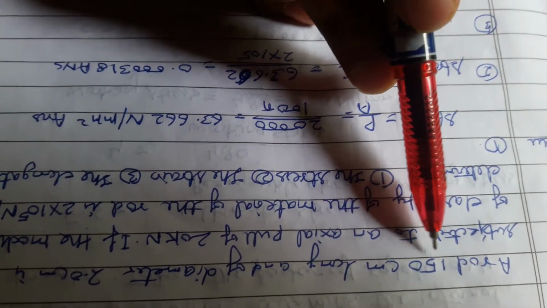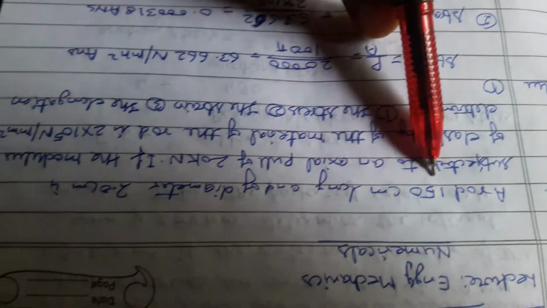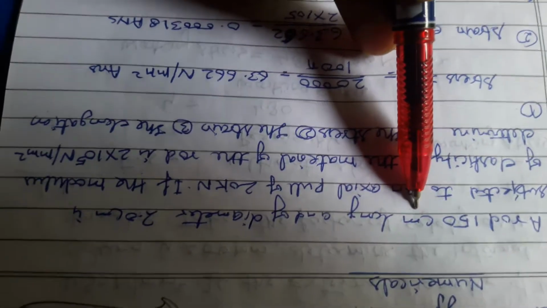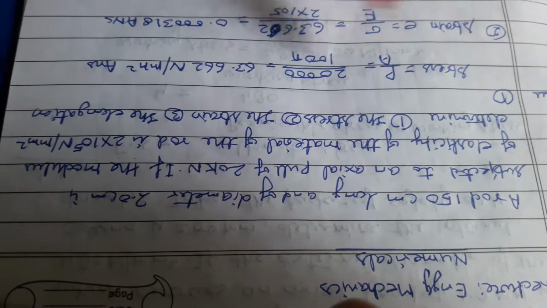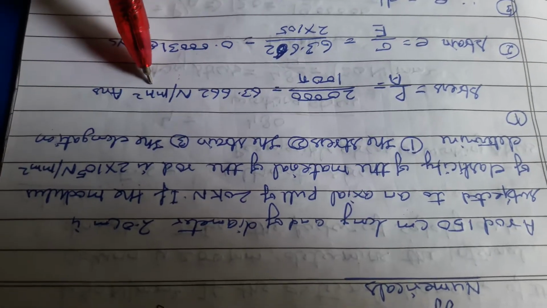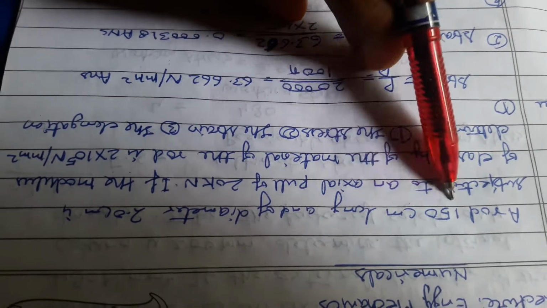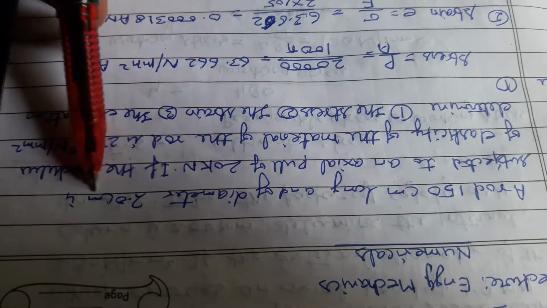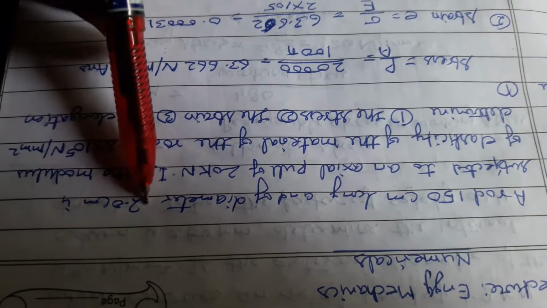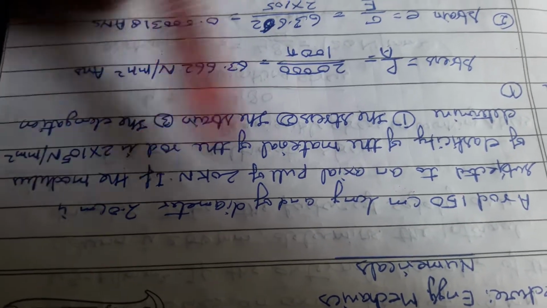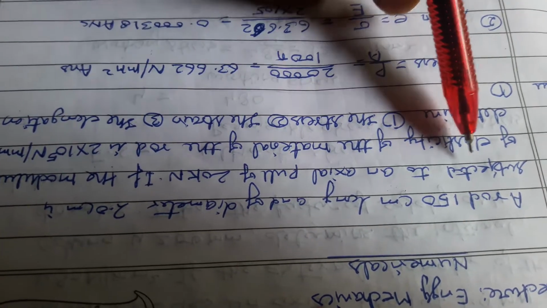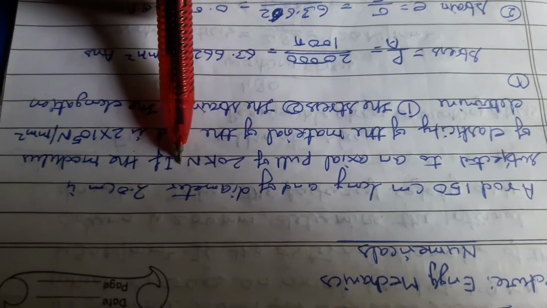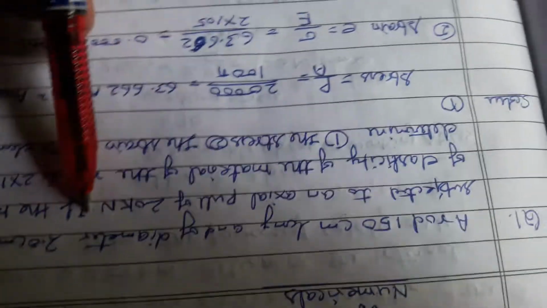Here you see in the question, length of the rod is 150 centimeter. So you should convert that centimeter unit into meter, because the unit of the stress is Newton per mm square. So that should be in meter. Long and diameter of 2.0 centimeter, that will be converted into mm, or you can say in meter. And the load is given as 20 kilonewton. So that will be 20 multiplied by 1000 Newton.